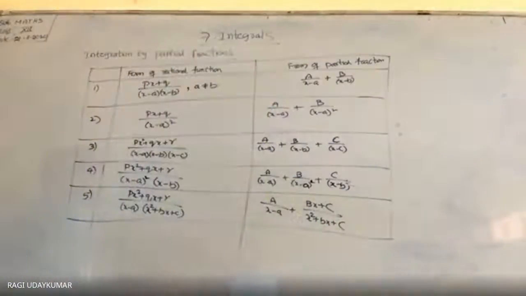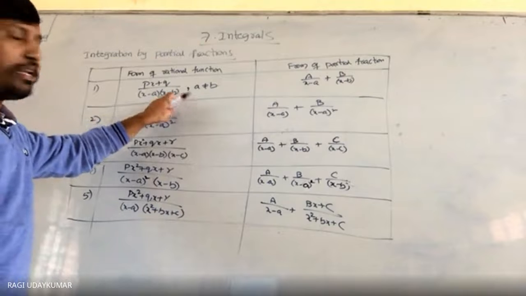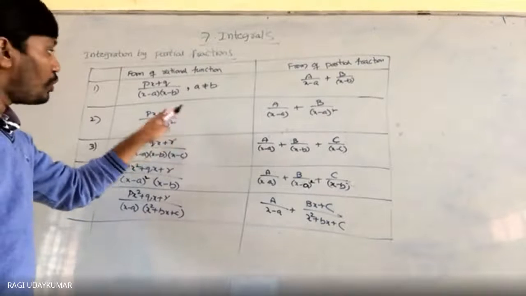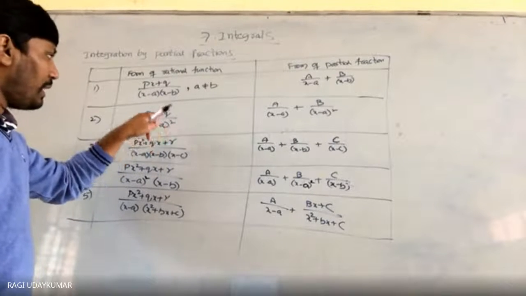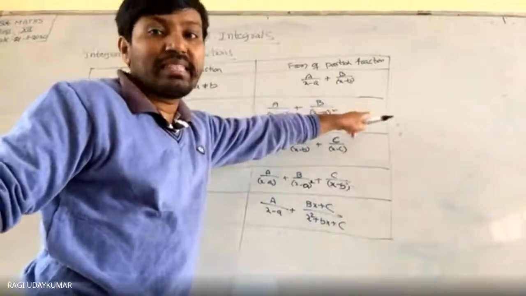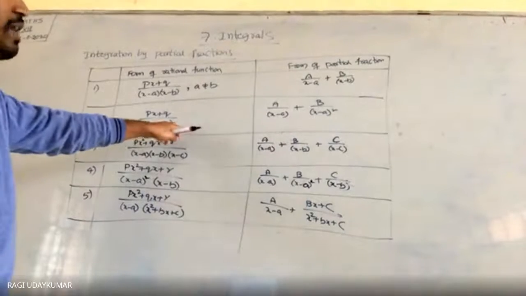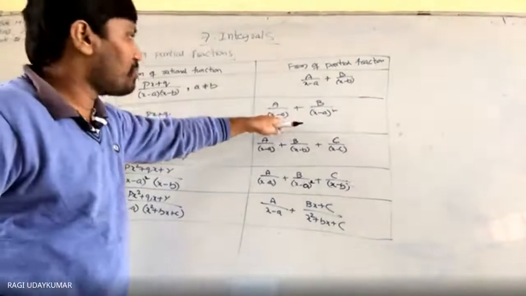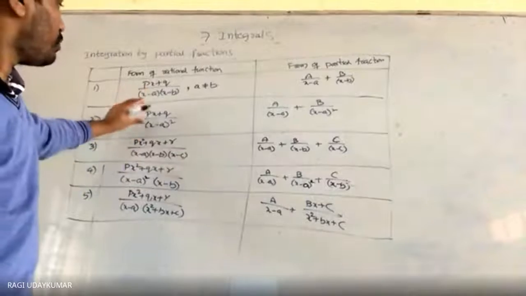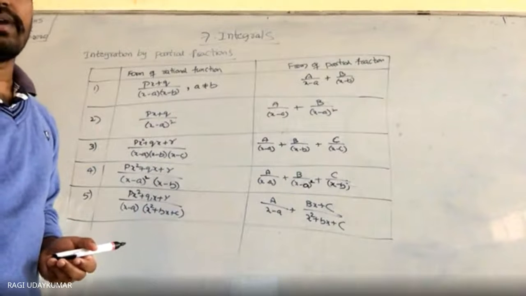While solving the problems, it will be a little easier for you to understand. But try to remember that if you are having a denominator that is a product of two linear factors, split them separately. If you are having a square anywhere, or a cube here, what to do? If you are having (x minus a) whole cube, then a by x minus a plus b by (x minus a) whole square plus c by (x minus a) whole cube. After that you need to make it equal to this one, and we have to find the values of a and b.